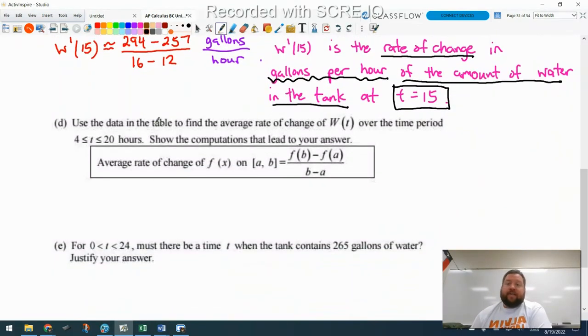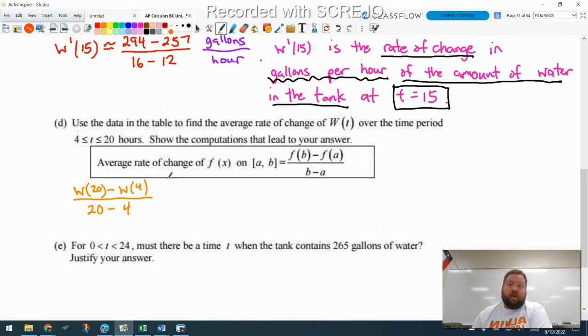All right, part D is asking you to find the average rate of change over the interval 4 to 20. Okay, they even give us the formula right here. So this is W of 20 minus W of 4 over 20 minus 4. Show the computations that lead to your answer. We have a difference quotient. So this gets me the computation point, but this does not give me the correct answer point. You have to plug in the actual numbers from the table for the W's up here to get your